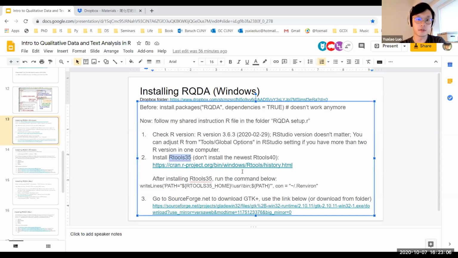And that's for Windows. For Mac users, you don't need it. For Windows users, after installing RTools 35, you need to run the command below. You just put this command in your RStudio and hit Control plus Enter. It will automatically create a file in your document folder, and that will help you to run